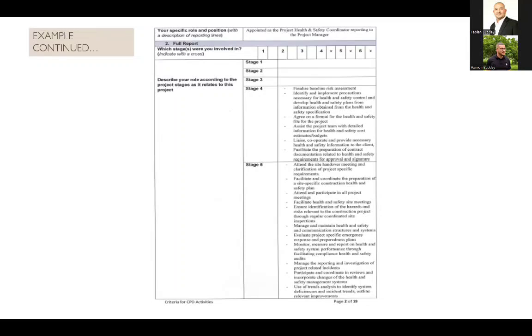On stage 5, for example, we've got site handover meeting and clarification of project-specific requirements, facilitate and coordinate the preparation of a site-specific construction health and safety plan, attend and participate in all project meetings, facilitate health and safety site meetings. So this is for stage 5. I'm not going to go into detail. This information will be readily available. You can obviously go through it to use it as a frame of reference when you are completing this